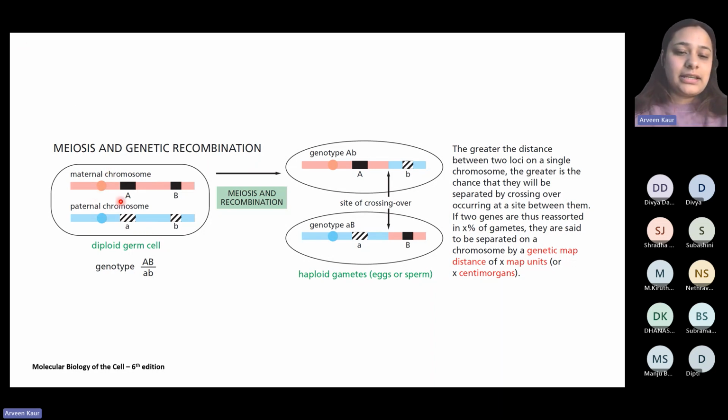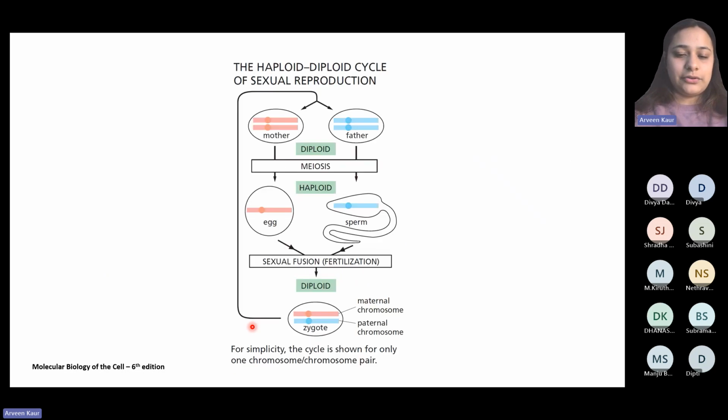So what could happen is that, for example, if I go back over here, my mother has given me this particular chromosome and my father has given me this particular chromosome. Right now, I am a diploid individual with this set of chromosomes, and due to this, I am a recombinant. So I anyway have a different kind of